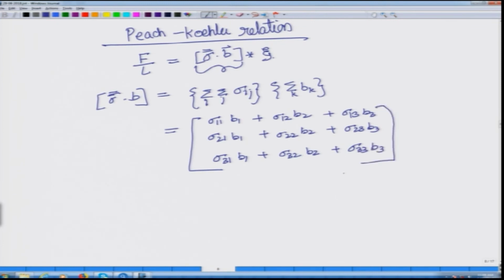So, what you would see is that what we have now obtained is a vector which gives us sigma dot b. So, this matrix sigma has now been taken a dot product with b, which is given by this condensed equation. When we expand it, this looks like this. Now, the next step we wanted is, now that we already have this, which is a vector,